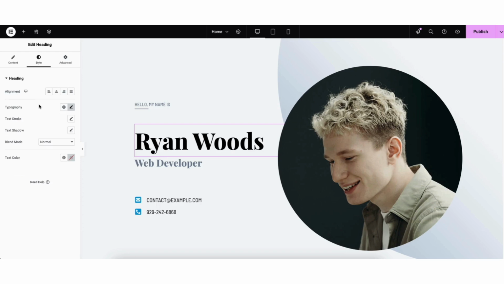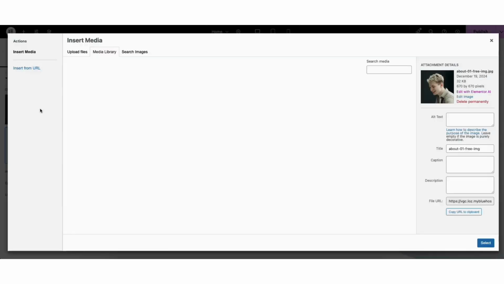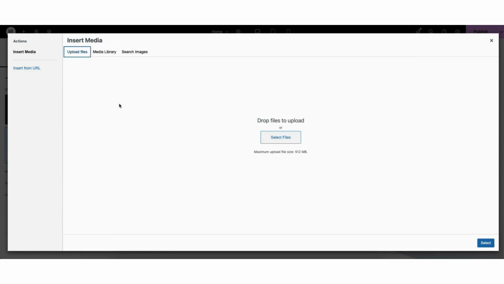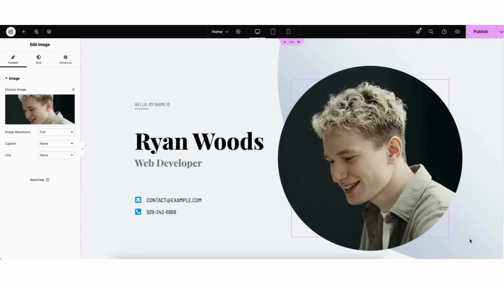If you want to change the image found here, just click into the image. You'll see the image showing over to the left. If you want to add or remove an image, hover over the image showing here. If you click the trash can icon, you can remove the image. If you click into the image, you can now upload an image where it says Upload Image, or choose an image you've already got uploaded into WordPress by selecting Media Library. I'll select one I've already uploaded. I'll click the Select button. You'll see the image has been added to the page.